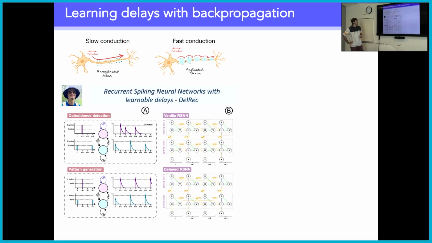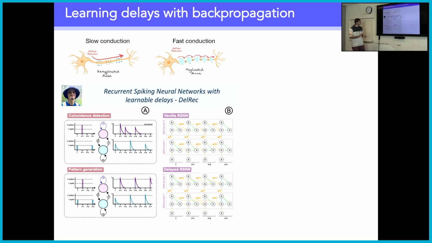So with Timothée, we have one nice PhD student, Alexandre Kéan, who started his PhD in September, who works on spiking neural networks, and more specifically on recurrent spiking neural networks with learnable delays. During his internship, he developed one version that he called DelRec. The idea here is to have learnable delays in recurrent connections and also in feed-forward connections.